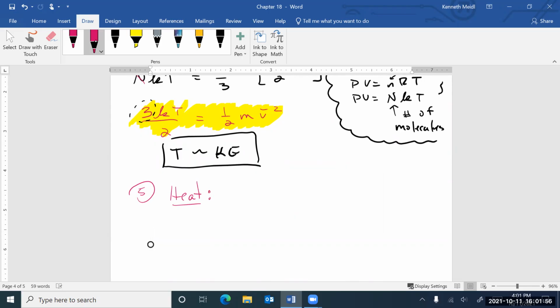At this point, heat is really going to be a transfer. This is a process. And there's different ways that this process can take place. And we'll take a look at some of those details in a chapter or 2. This is a transfer of energy, kinetic energy, from one object